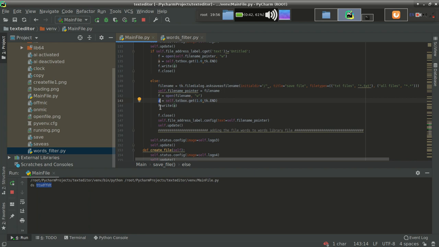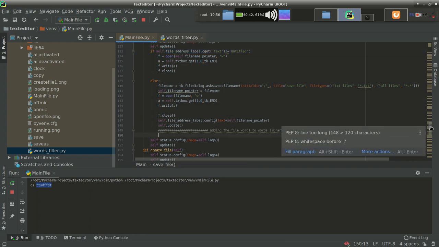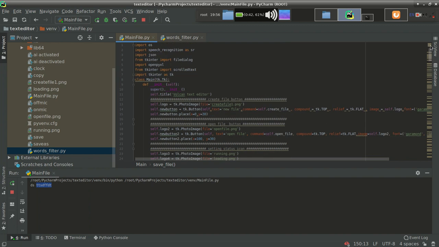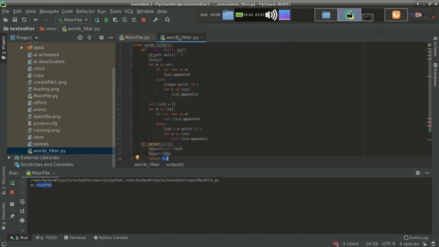So what we have to do is first import this words filter in this file. So how do we do that? Let's see. Let's import directly this words filter.